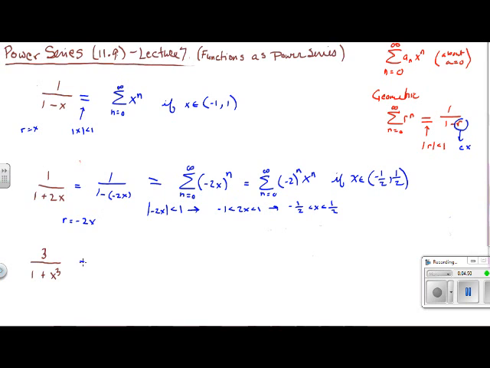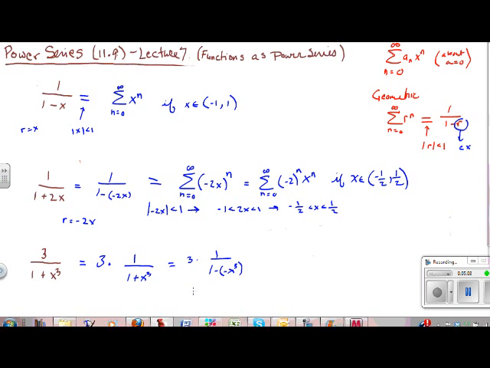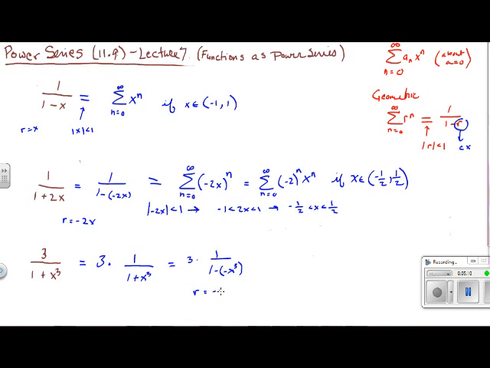And, well, that 3 I can factor out, right? I can write that as 3 times 1 over 1 plus x cubed. But we want 1 minus r, so I'm going to rewrite that as 3 times 1 over 1 minus minus x cubed. And here my r is equal to minus x cubed, right? And so as long as the absolute value of that is less than 1,